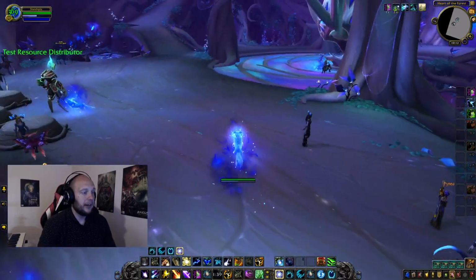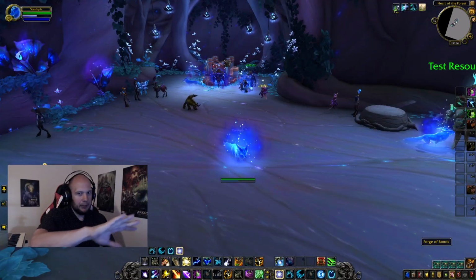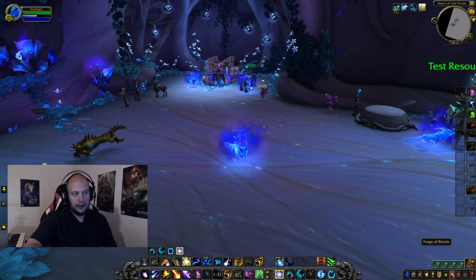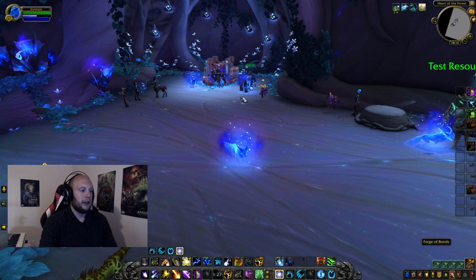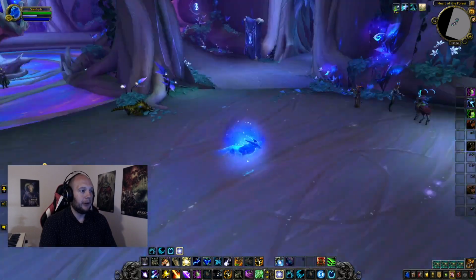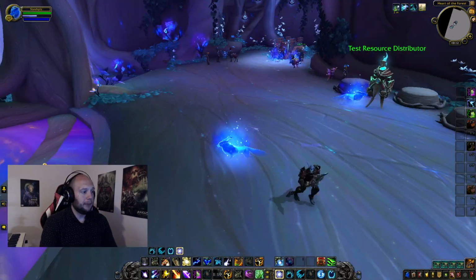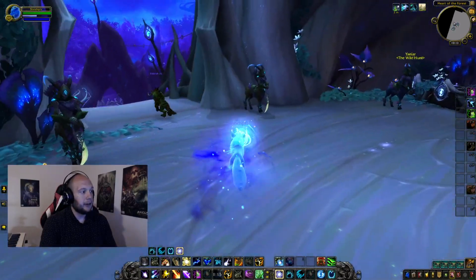Now, this could change when the conduits come out. I would assume the conduits are the same throughout all the covenants, though. Like an endurance conduit is an endurance conduit. It doesn't matter if it's a Necrolord one or a Night Fae one. So that might not impact it too much. If anything, that might make Night Fae more viable, because if it gives you damage conduits, you could benefit from that. But yeah, if you like the aesthetic, if you like Ardenweald, if you like Ori and the Blind Forest,